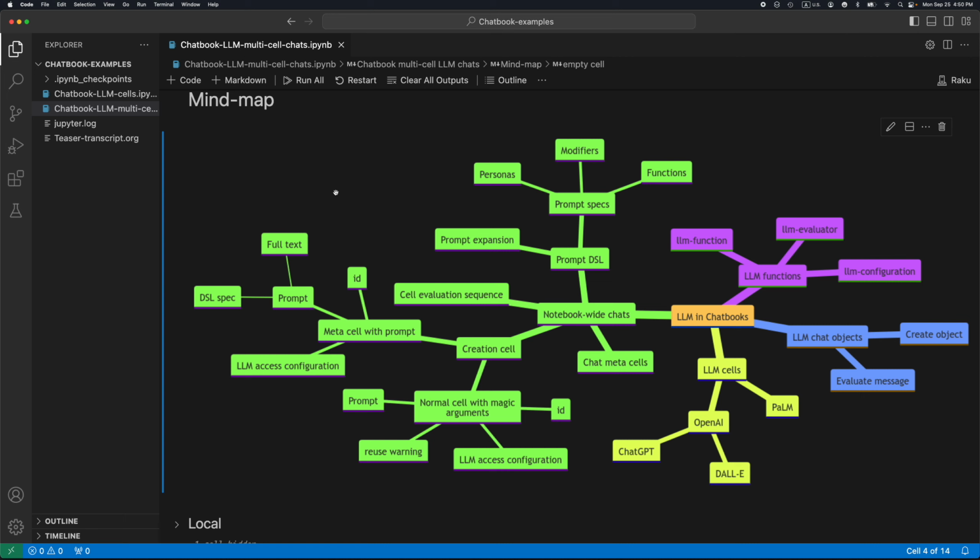In this very short video, I'm going to demonstrate multi-cell chats with large language models in Jupyter Chatbooks with a Raku kernel. This video is a teaser of a much longer presentation on multi-cell chats, or notebook-wide chats, if you will. So we're going to dwell on this part of the mind map, this green part, and more precisely